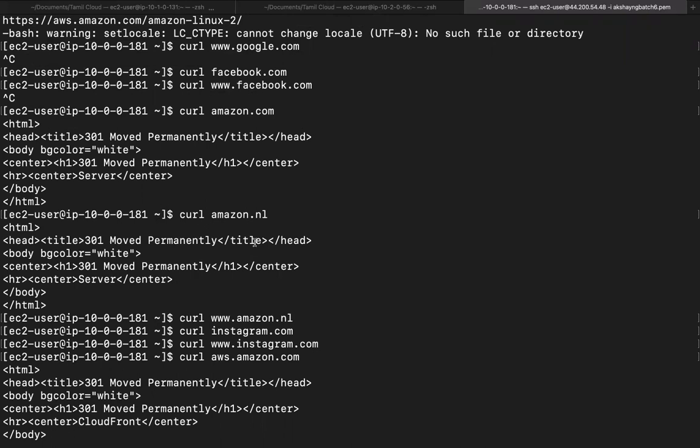Now you have a defense in depth strategy where you have your network firewall inspecting all of your traffic at the perimeter of your VPC. Once your traffic enters your VPC, you have NACLs on your subnet layer, and then you have security groups on your network interface level. And then you can also have IP tables if you want on your operating system level.